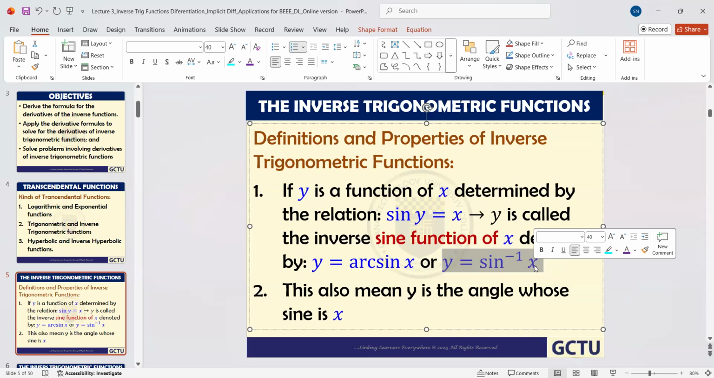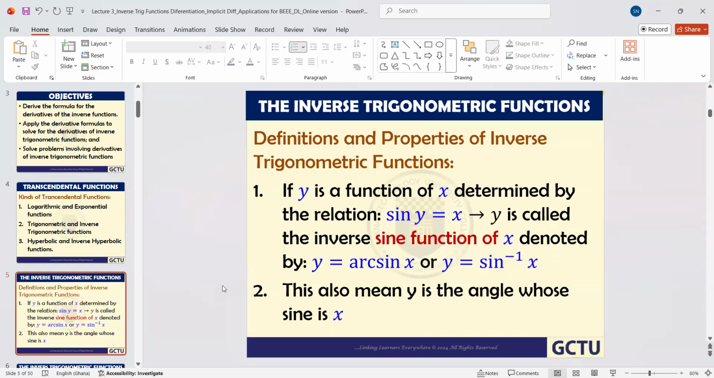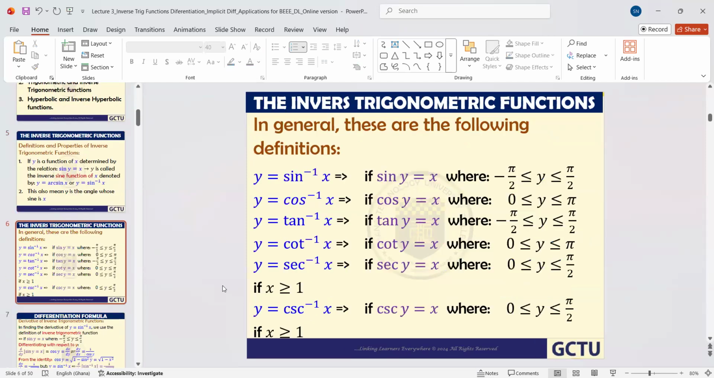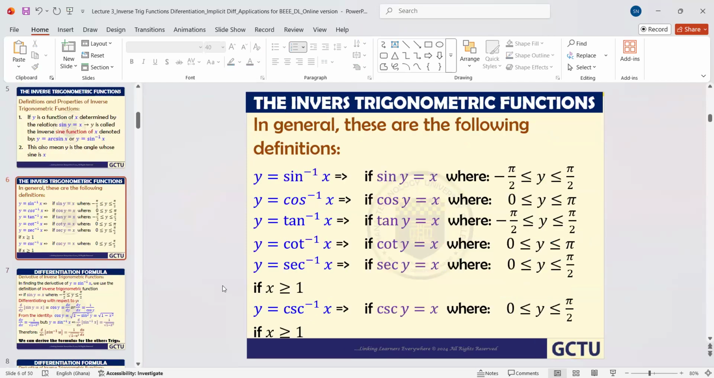Then if you make y the subject, you might find the inverse of that trig function. So this also means that y is the angle whose sine is x. That is another way of reading this as well. So in general,